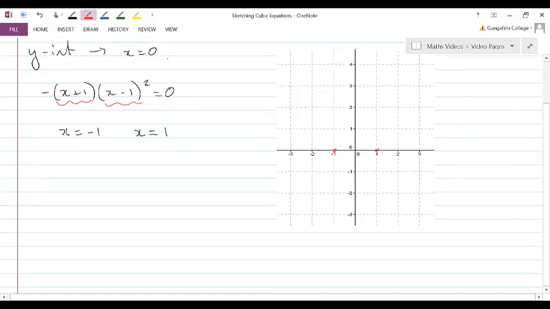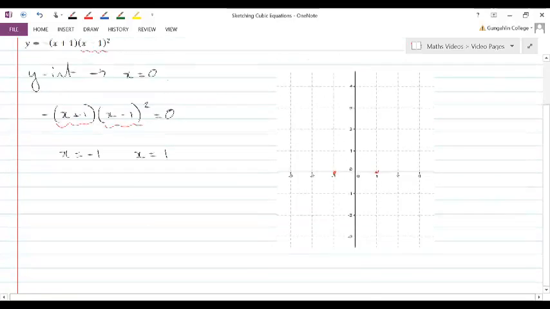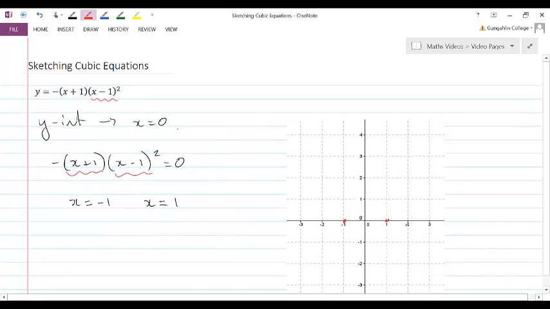The other one will be a normal one. It'll either cross like this or it will cross like this. This is very similar to the idea with quadratics, where if you had a root squared, you would have it just turn around exactly on the axis rather than crossing over it. So we've got to decide which way this graph is going to go, and we don't have that many clues to help us. Something we can do, though, is find the